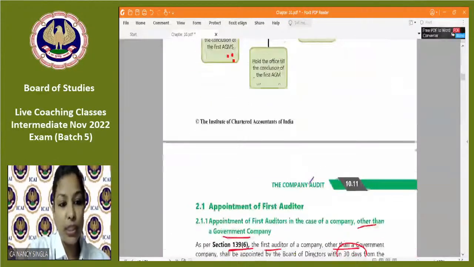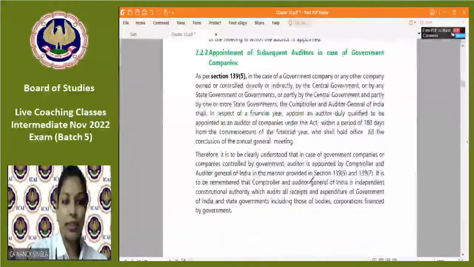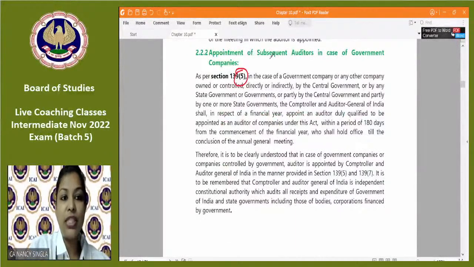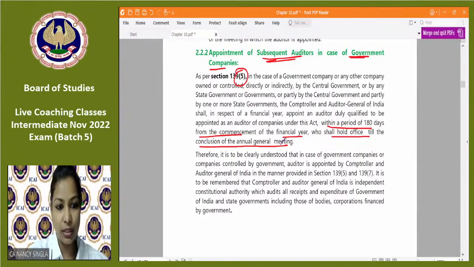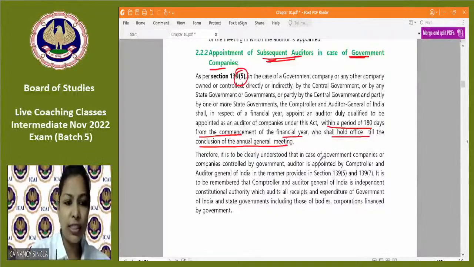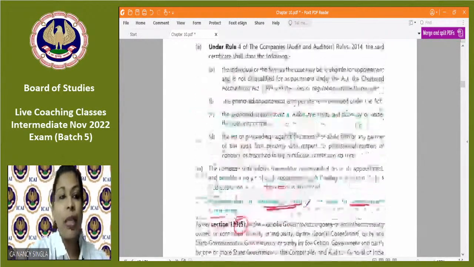So what are those conditions? We will have a look at all those conditions, okay. So wait, we have just done subsection 5, which is related to the subsequent auditor in case of a government company. There, the CAG shall appoint within a period of 180 days from the commencement of the financial year, who shall hold office till the conclusion of the annual general meeting, okay. And CAG, who is CAG, it is mentioned here, okay. Now